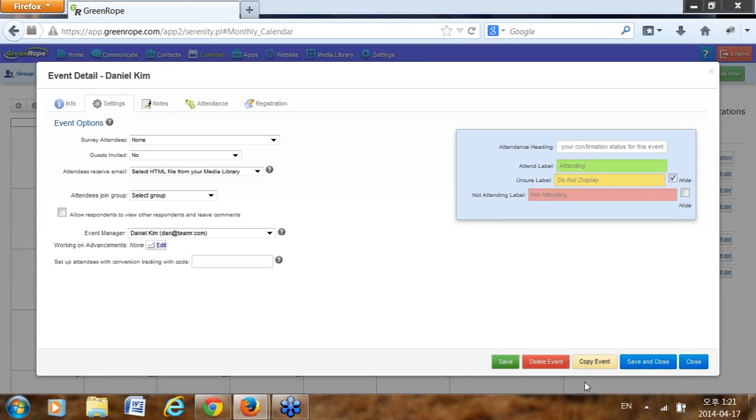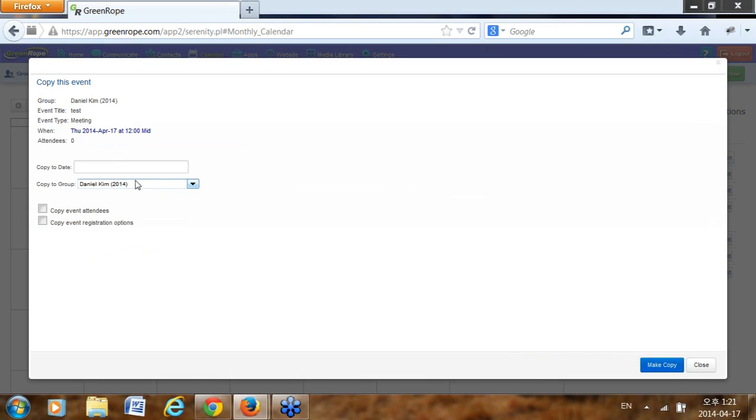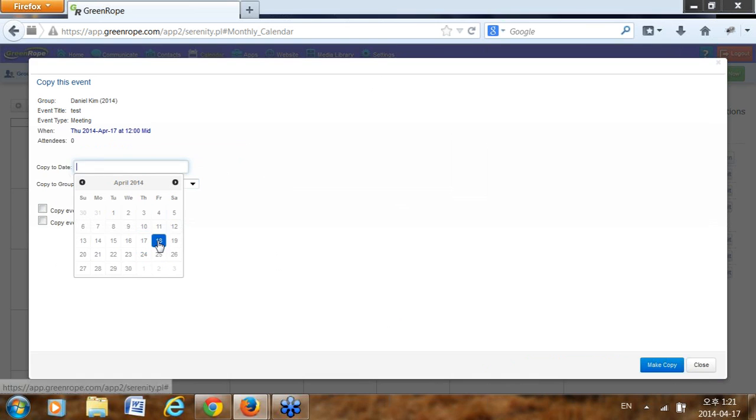You can actually copy this event as well on the bottom right-hand corner right here, and what this will do is allow you to copy this event. So say that you are having multiple events that are similar, you can actually copy this event and just change it as you go. If you do decide to click on this copy event, you select the date,